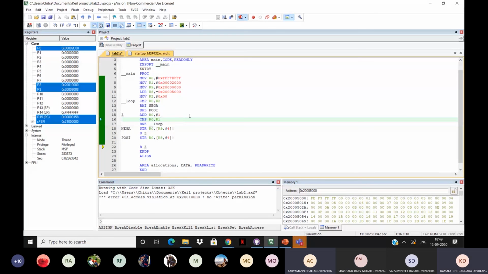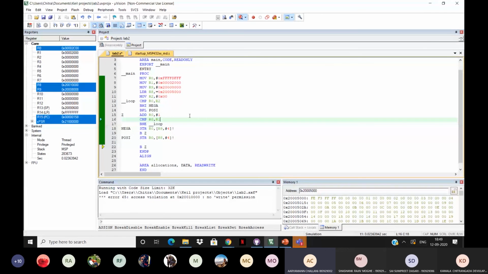One thing to note, guys. You see how we did move R9 and we did 2 followed by 7 zeros, right? Anyone can try moving a number greater than that using the MOV instruction, but it won't work.